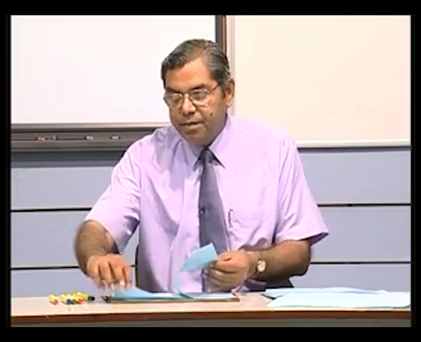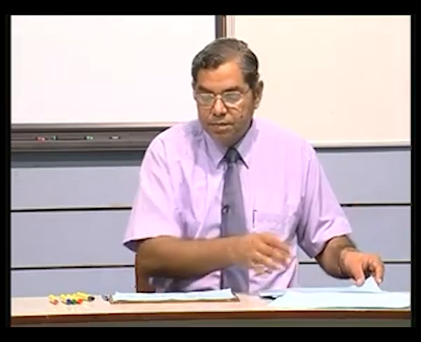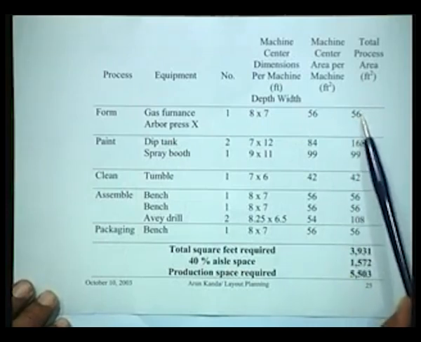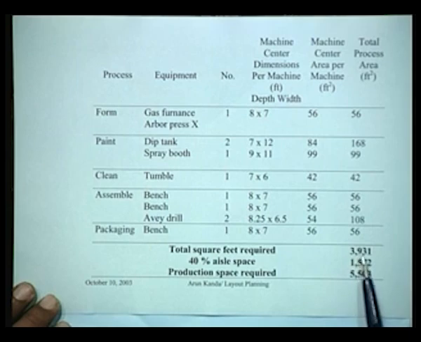So we do it for each department in the same manner, and at the end of it we have been able to find out the total. That means the final area requirements, the total square feet required is now 3931, but this is the space required